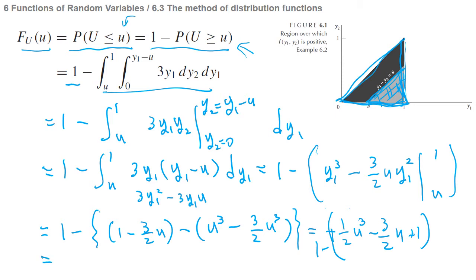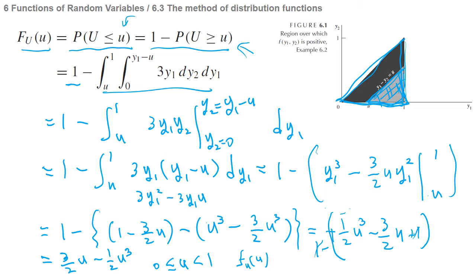Sorry for the bad space managing. And 1 can be cancelled, and it's 3 over 2 u minus 1 over 2 u cubed, and u is from 0 to 1. Okay, so this is what we get,